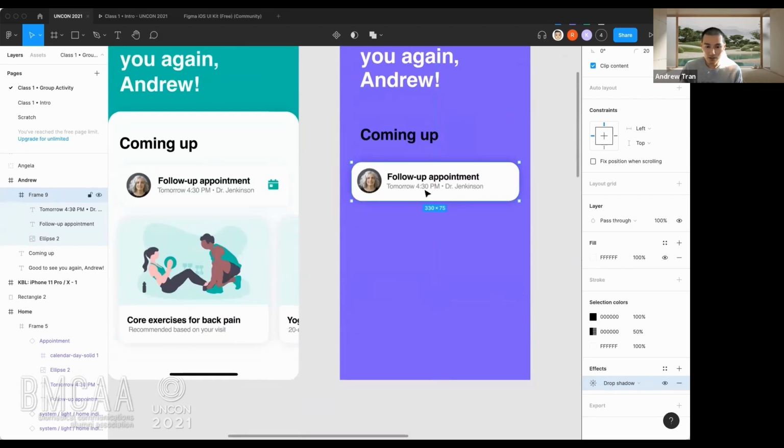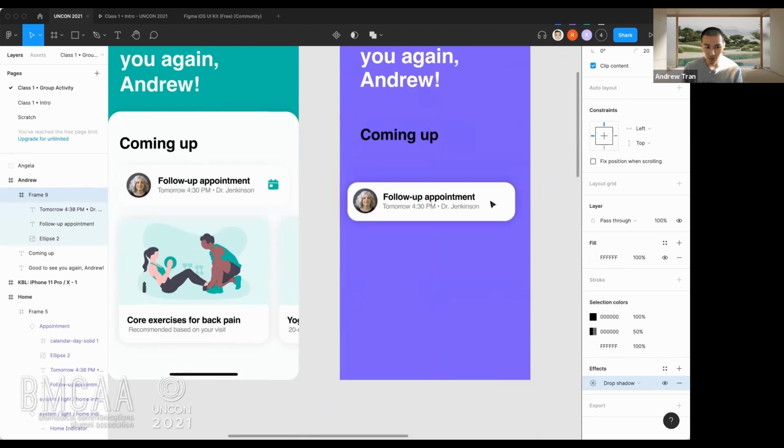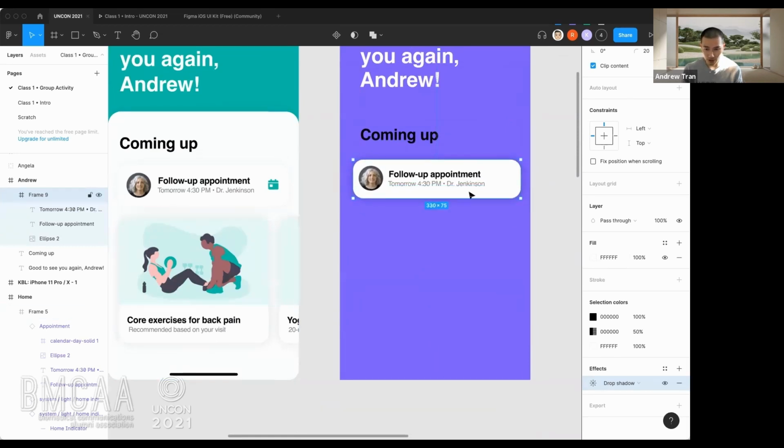Okay, so you've just learned how to group things together using frames. And by putting things in a frame, it makes it a lot easier to move things around and to organize things as well. So I'm going to do the same thing here